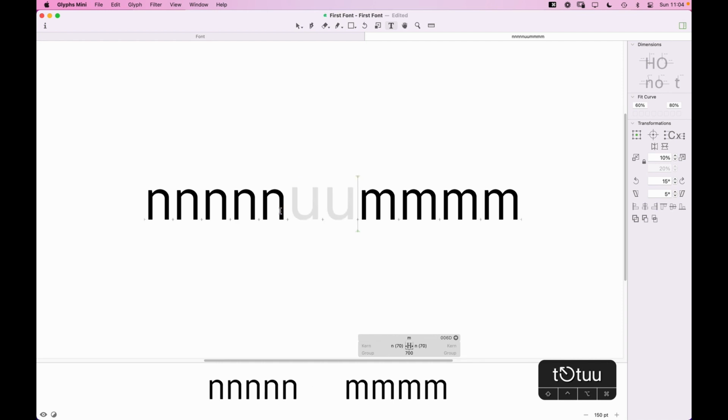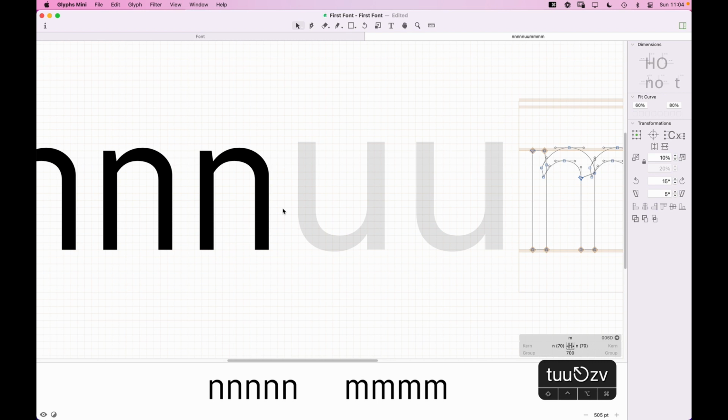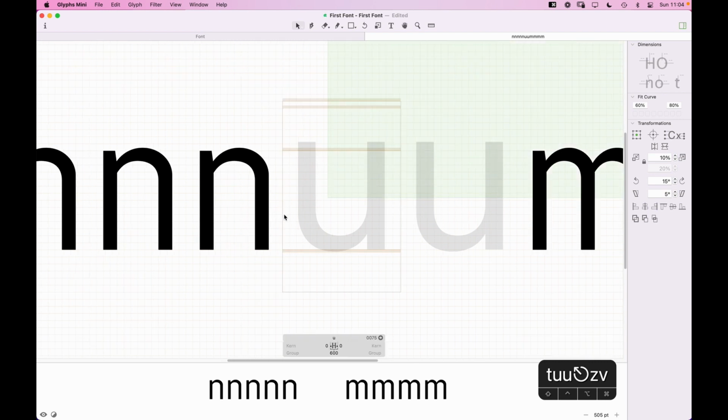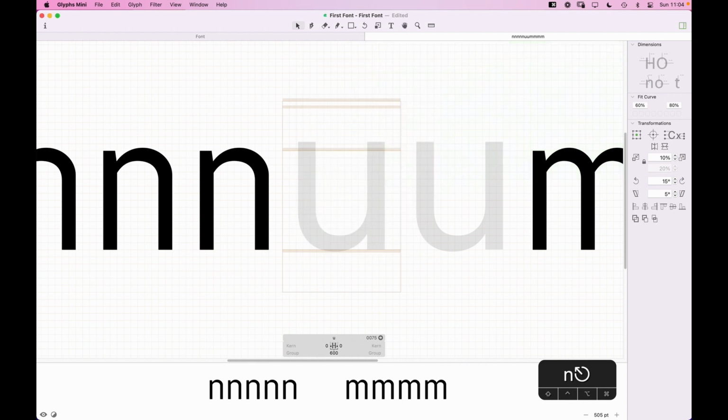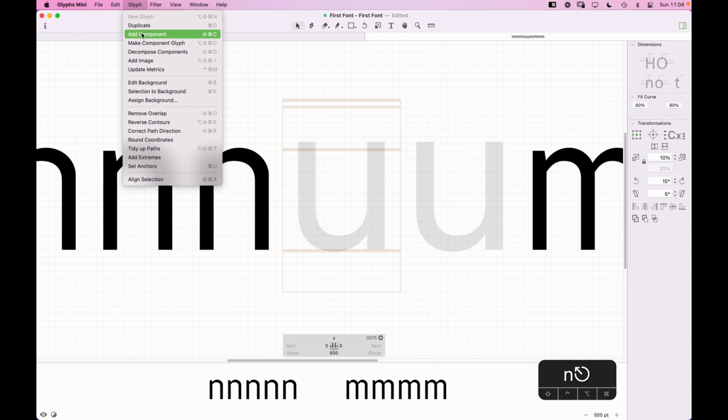One other letter that we'll focus on here is the U. And what we'll do is we'll actually try something a little bit different here. So rather than copying and pasting, which you could do, there's another thing we can do, which is we can add a component. And I know this sounds a little bit strange because we're going to copy and paste a letter effectively, but any space,